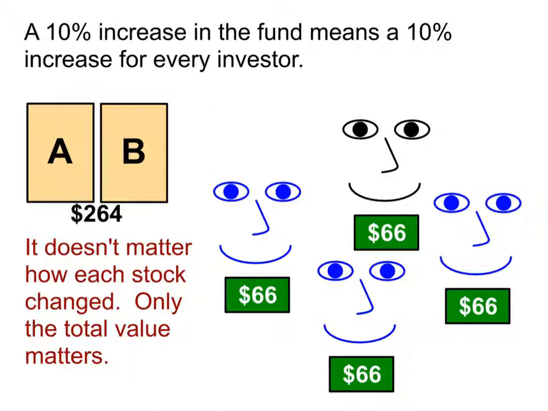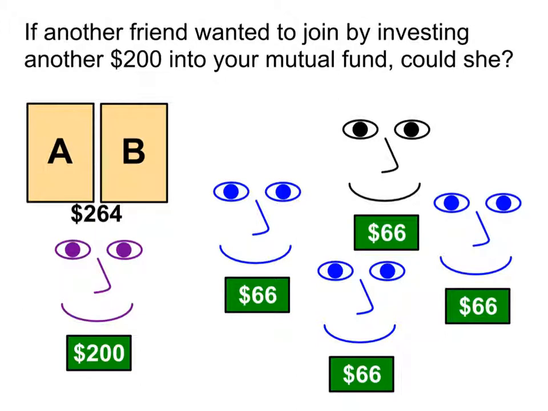Now, in all those examples, I was doing nice simple examples where there are 4 people who all put in the exact same thing. But another friend wants to get in on this action. They want to put in 200 because they say, hey, you've been doing pretty well in this fund recently. I want to be able to make about 10% a year on this as well. Can I put in $200 and invest that? Can we do that? They're going to get more. Is it possible? Because then it's not everybody with an equal share. Can you have different shares in there? Yeah, but people are going to get mad.